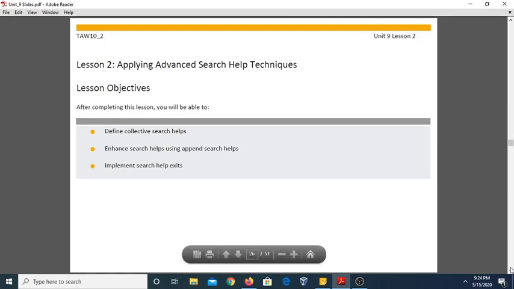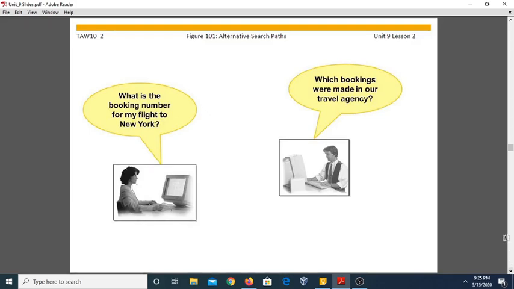Now come to the next topic, which is applying advanced search help techniques. You can see in this figure, a customer obtained the booking number for her flight and a travel agency finds out the number of bookings made at his agency by following alternative search paths. Here we are discussing the alternative search paths.